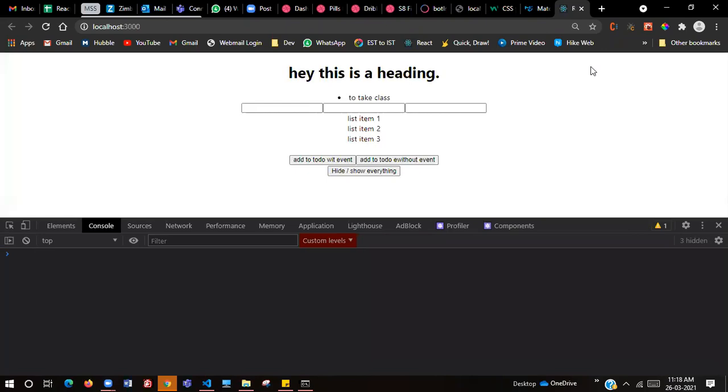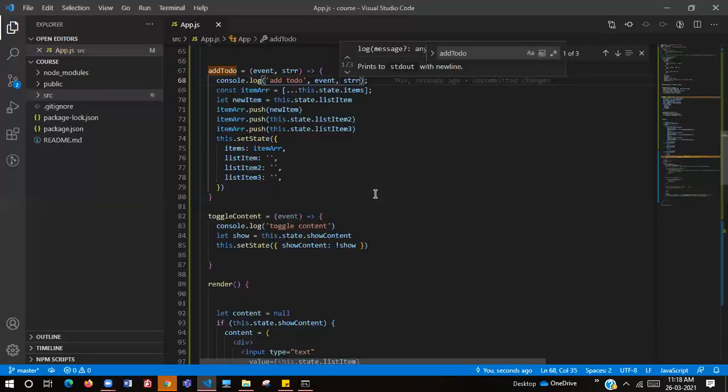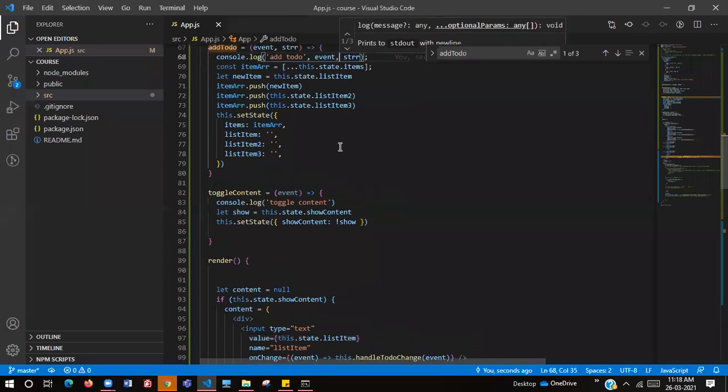Okay, then yeah, I think that's all for today. Do some reading around this event and how we need to pass functions and how we need to pass parameters to these functions. And I'll give you a task shortly. Based on that, you'll get a clear understanding on when to pass multiple events, when to pass multiple parameters, and how to access event.